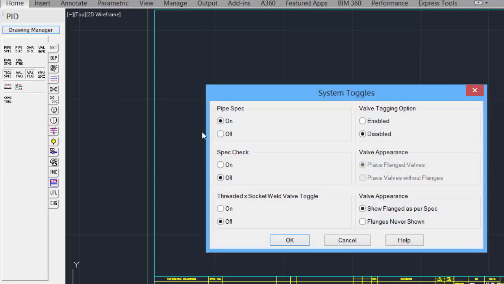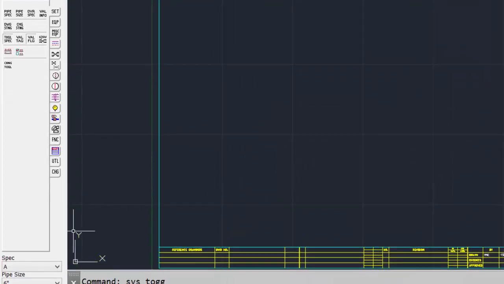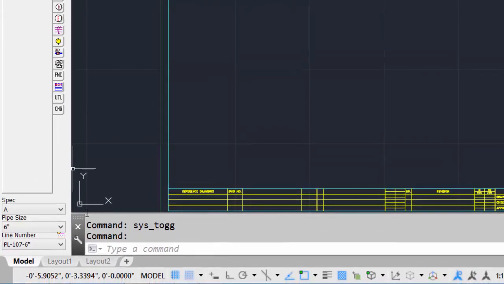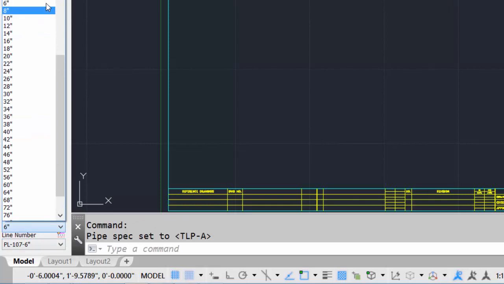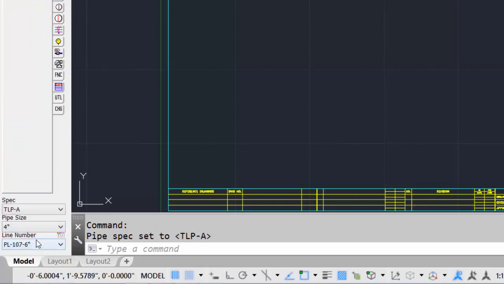There's also a change toggle so that we can adjust all of the settings at once. Things like the valve appearances, valve tagging options. An easier way of setting some of the toggles is shown in the lower left of the toolbox, where we can click on the pull-down menus and then select the spec, our pipe size,